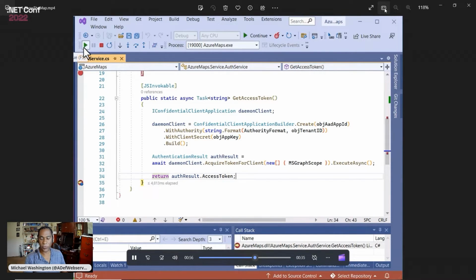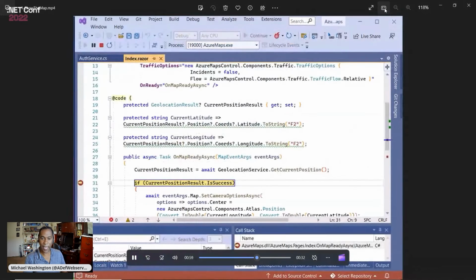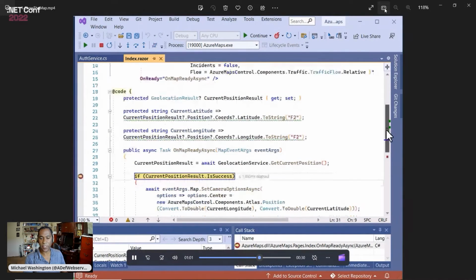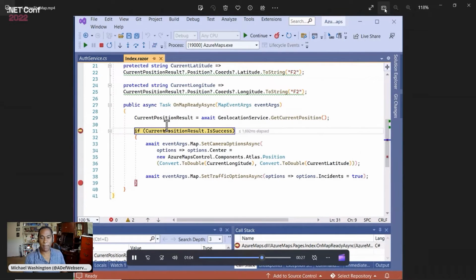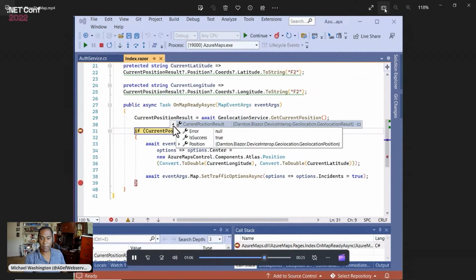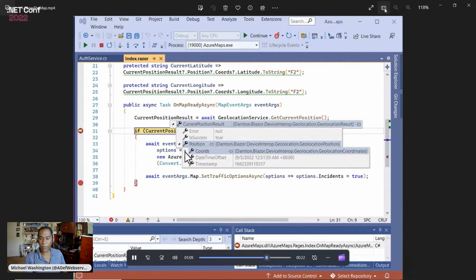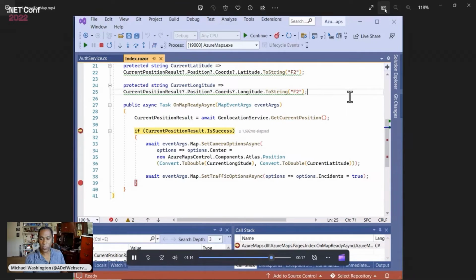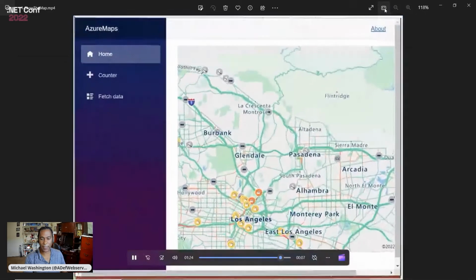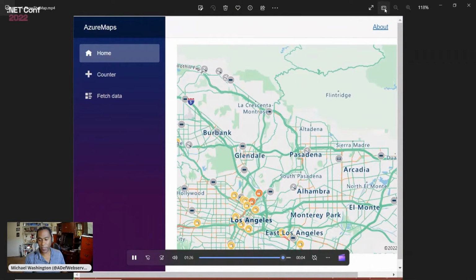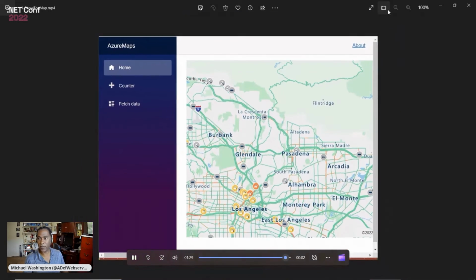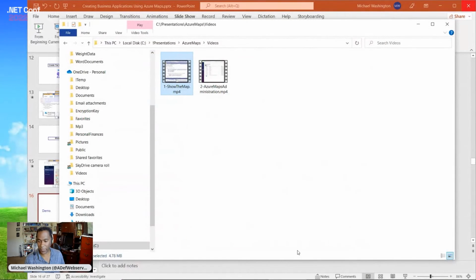And that's what the map control needs to call the Azure Maps service to actually get the tiles to display the map. When it's ready to display the map, we see that we first get our current latitude and longitude. We then pass that latitude and longitude to the map control so it can then say, okay, this is where I want to display the map. We also, of course, set the traffic options, which you can see there on line 38, and then the map displays. So again, the whole point of this was done with only 8 lines of boilerplate JavaScript.